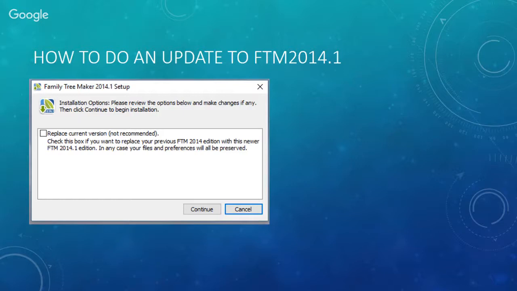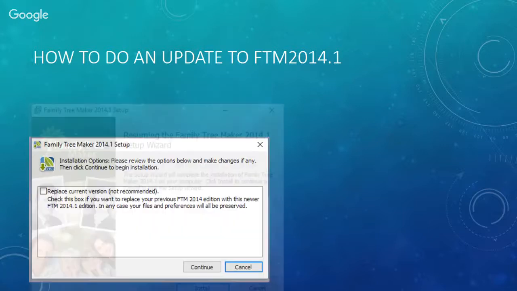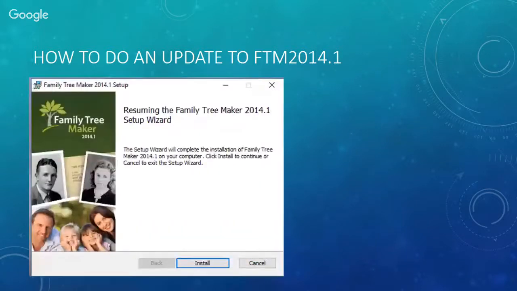It's a very positive indication to me, because the developers have listened to users talk about this. So you continue, and then it will resume the setup wizard. So you will click install. You're just walking through the screens as they're presented, but take a minute to really look at what they're